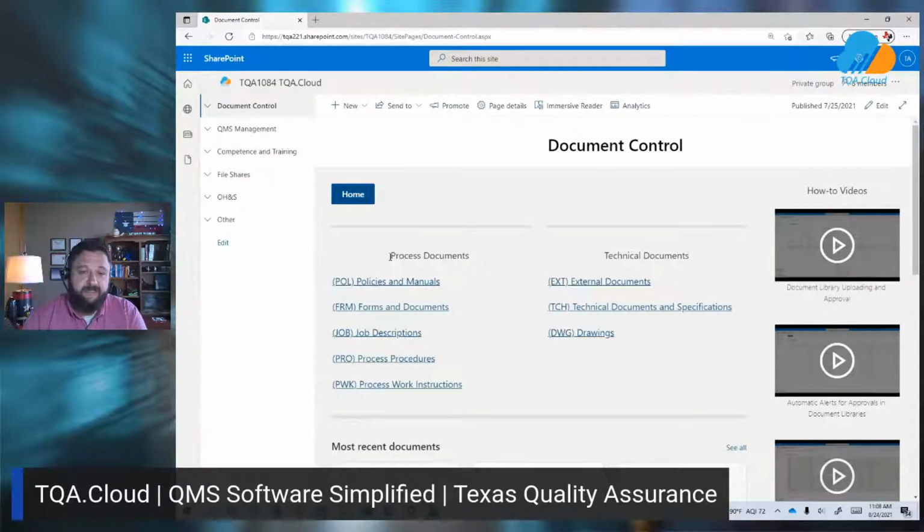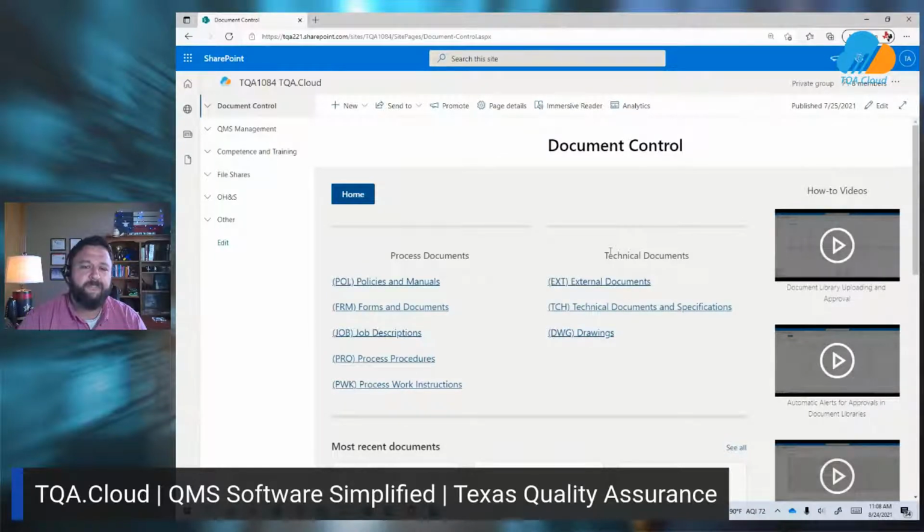And this is intentional because our process documents, such as policies, manuals, forms, job descriptions, procedures, work instructions, these need to be more publicly available for read-only access. We want to make sure that it's quick and easy to find.